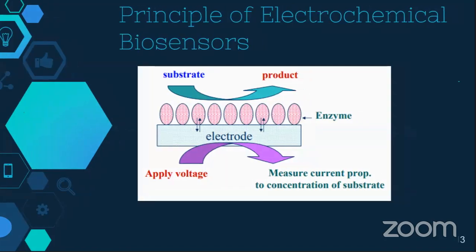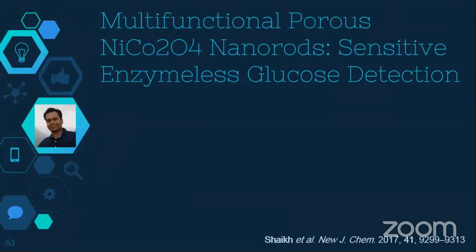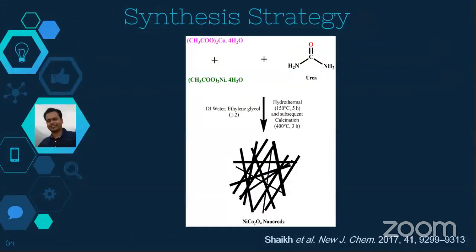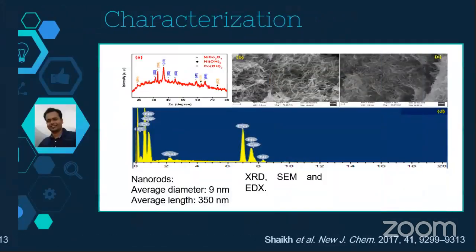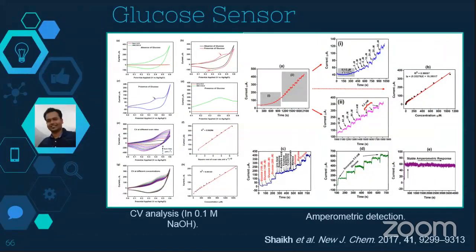So the last study I want to show you is glucose detection done by using nickel cobalt oxide nanorods as a sensitive enzyme glucose detection. Here we prepared the nickel cobalt mixture composite of nanorods, which was used further for glucose sensing. In the first case, you can see with the bare electrode, there was hardly any